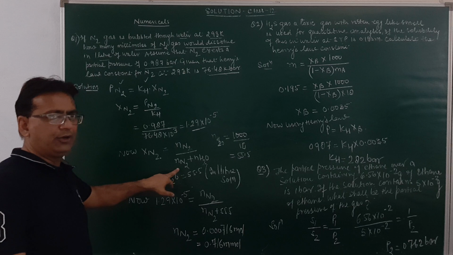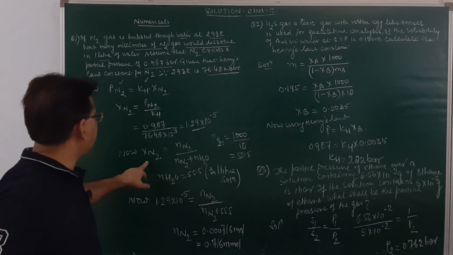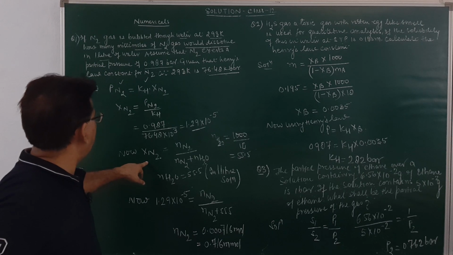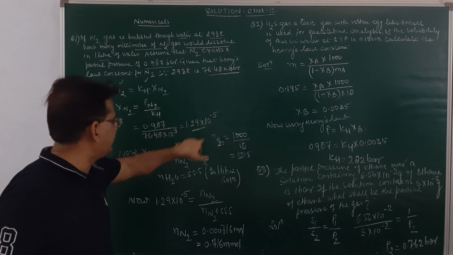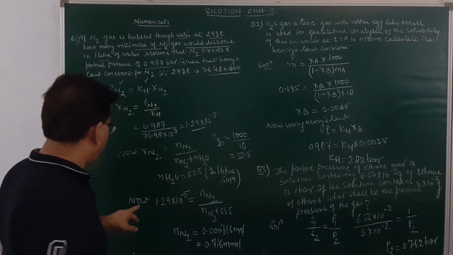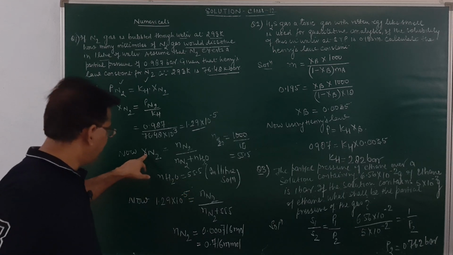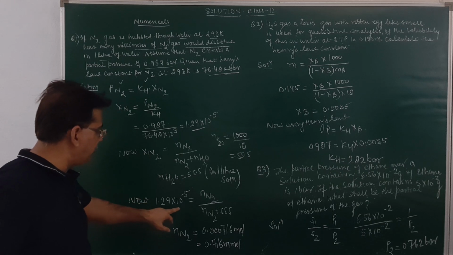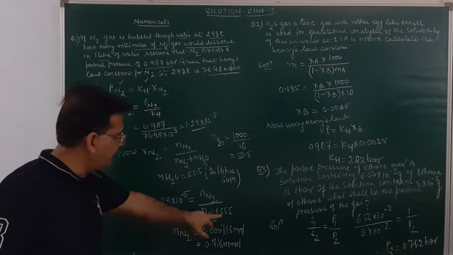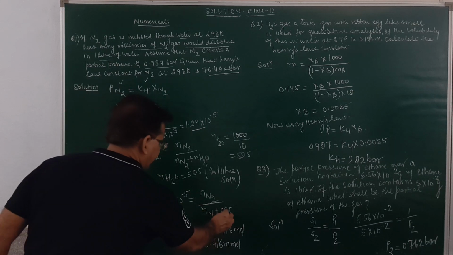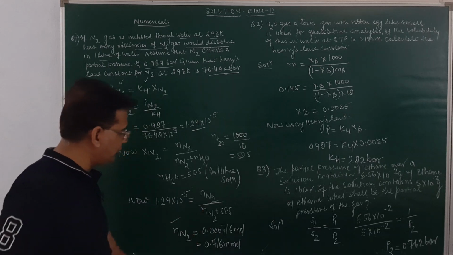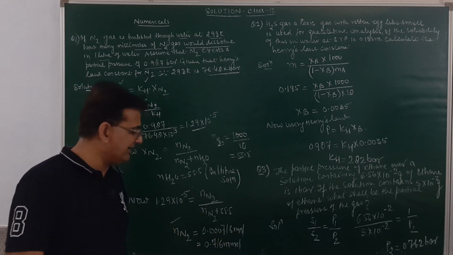The number of millimoles of nitrogen is to be determined. The mole fraction of nitrogen, we have the value over here as 1.29 into 10 raised to power minus 5, and the number of moles of water will be 55.5. Putting all the values over here, mole fraction of nitrogen is 1.29 into 10 raised to power minus 5, the number of moles of nitrogen we have to find out, and the number of moles of water is 55.5. On solving it out, the number of moles of nitrogen will come out to be equal to 0.716 millimole.